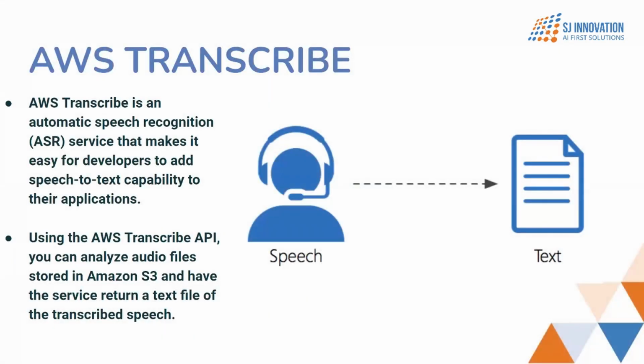So let's start with the first service for today. AWS Transcribe. AWS Transcribe is basically a service in AWS that converts speech to text. Whatever you say, it gives you the output in terms of text. A similar service like Google Translate uses such a service in the background to identify first what are the words that are being spoken. So it has been trained by AI/ML in the background.